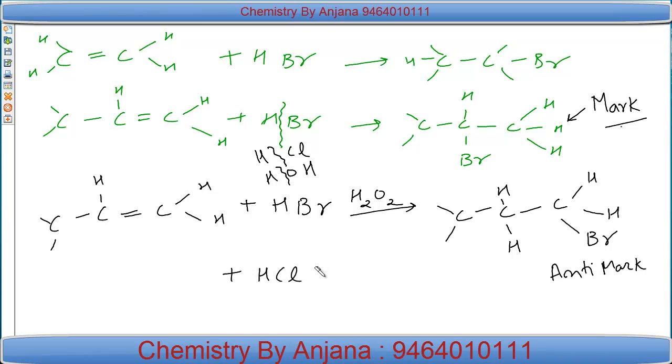If I want to do same reaction with this set of reagent, HCl plus H2O2, अगर इन दोनों का कॉम्बिनेशन मैंने ले लिया, I won't get anti-Markovnikov addition. एंटी मार्कोनिकोव एडिशन HCl के साथ नहीं होगा, किसी और रिएजेंट के साथ नहीं होगा, it will be with only HBr and H2O2 in combination. H2O2 के साथ हम HCl ले लें, we won't be getting this anti-Markovnikov. So anti-Markovnikov addition प्रोडक्ट के लिए हमको क्या चाहिए? HBr with H2O2 attacking on डबल बॉन्ड और any alkene. तो ये एक हमारे पास आया जो हम देख रहे हैं।